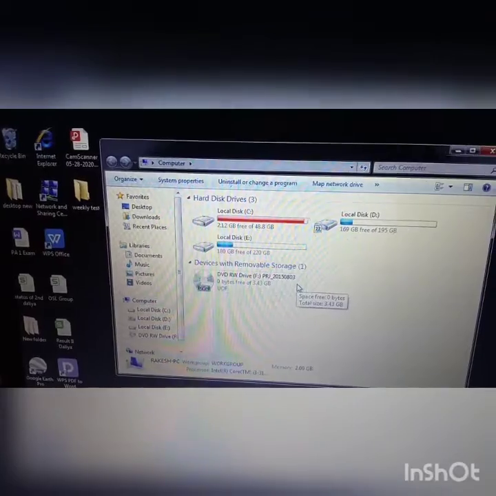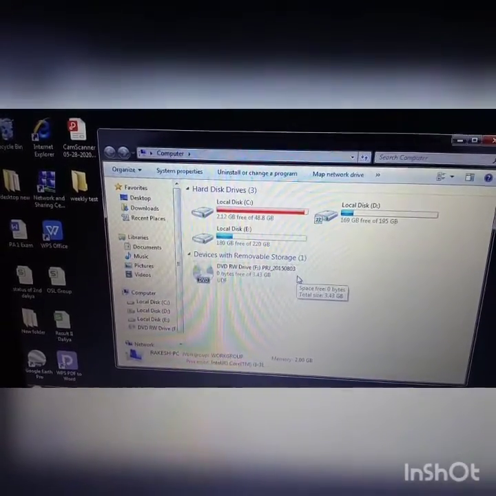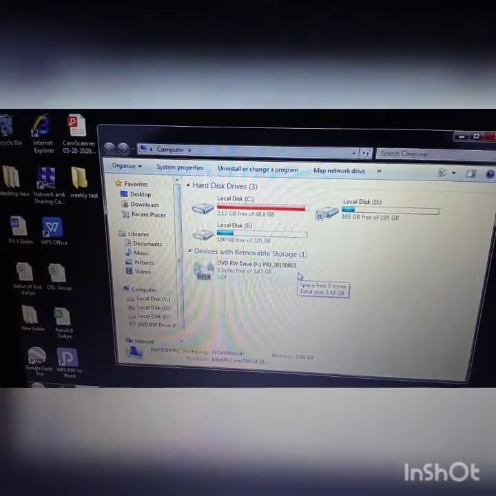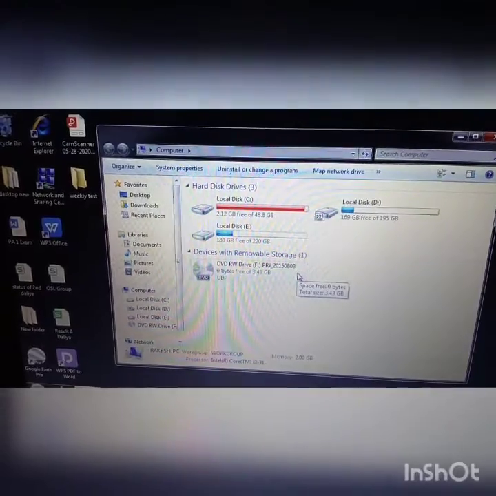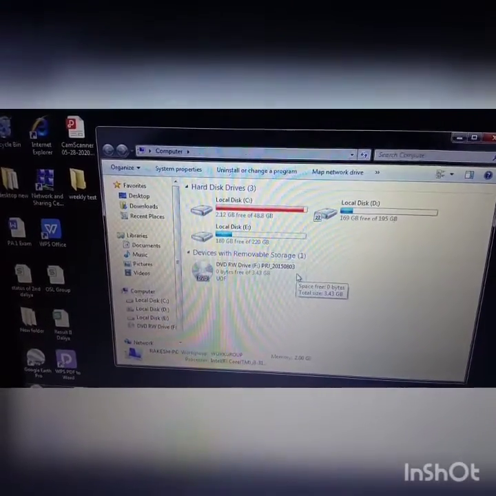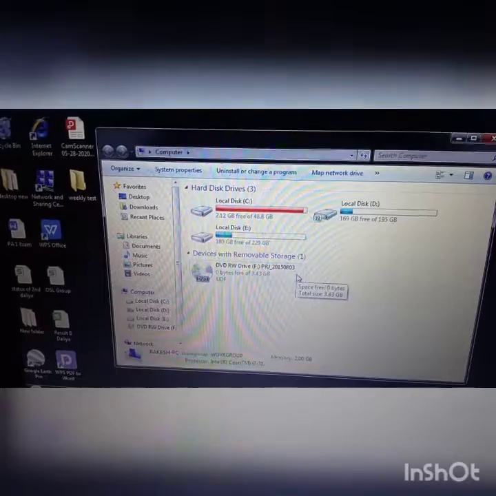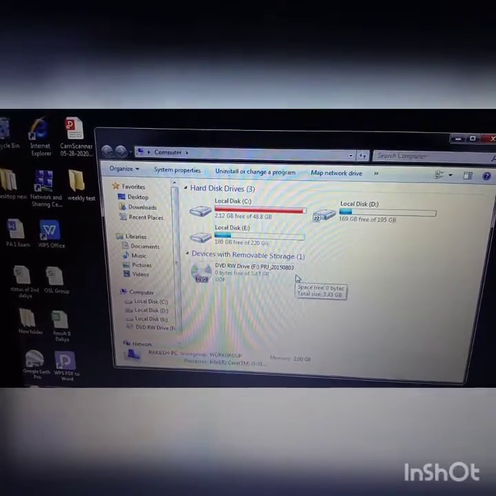When I add anything additional, just like a flash drive, or you can say pen drive, or CD or DVD, when you double click on them, you can open these drives.